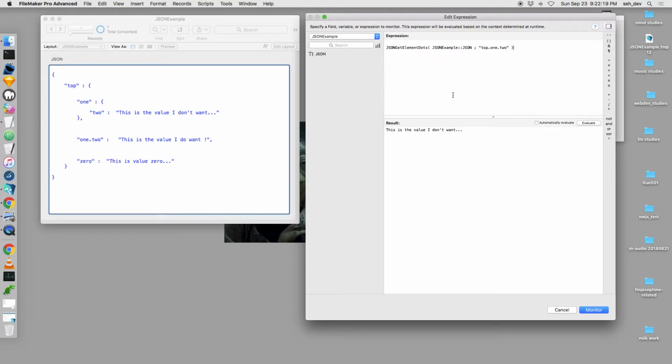You can see we get the same value here, but it also affords us the possibility of using an escape sequence where we can \escape that dot, and that'll tell the function that this dot is not a path separator. It's to be interpreted as part of the key name. So when we run this, we get the value we do want. We go from the top node down to the 1.2 node because it understands that this dot is not a path separator. Okay, so the companion function is JSON set element dots,